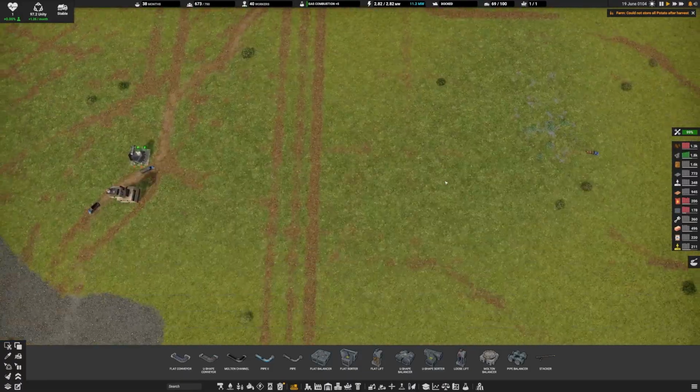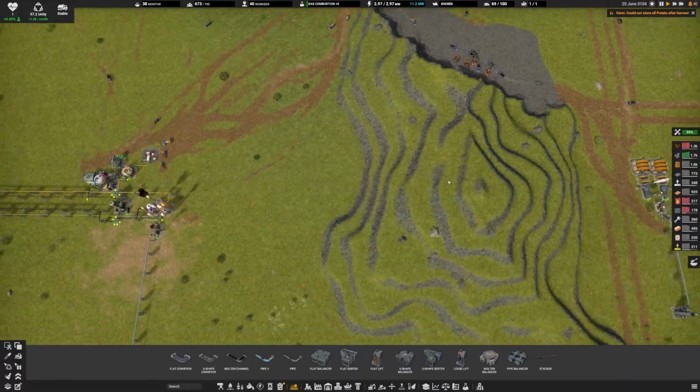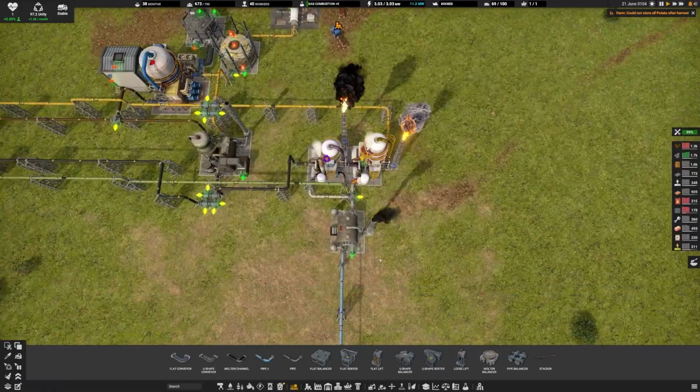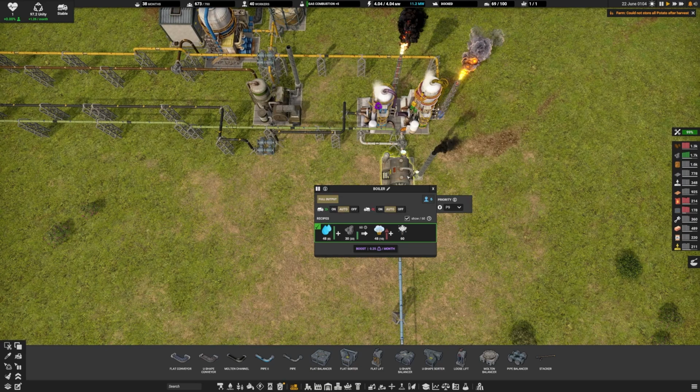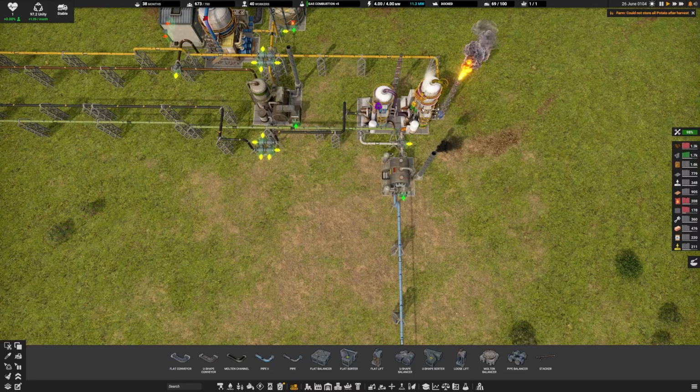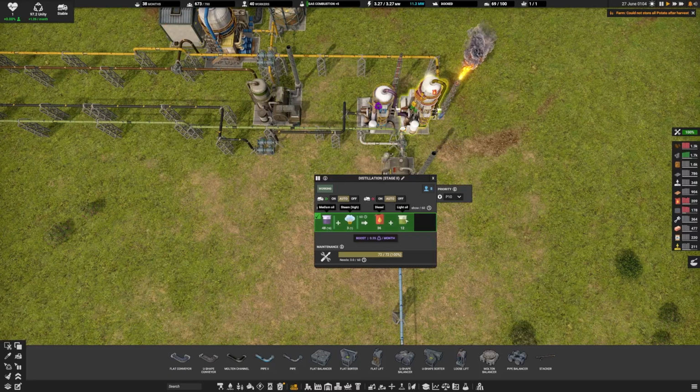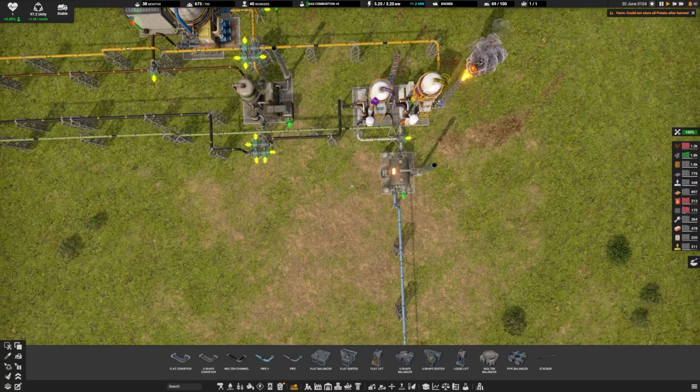Now, what I was talking about with regards to pollution. This is a coal burner, right? Which means we're burning coal, which is a lot of pollution. It's 60 exhaust. These are 12 light oil and 12 heavy oil that we can't